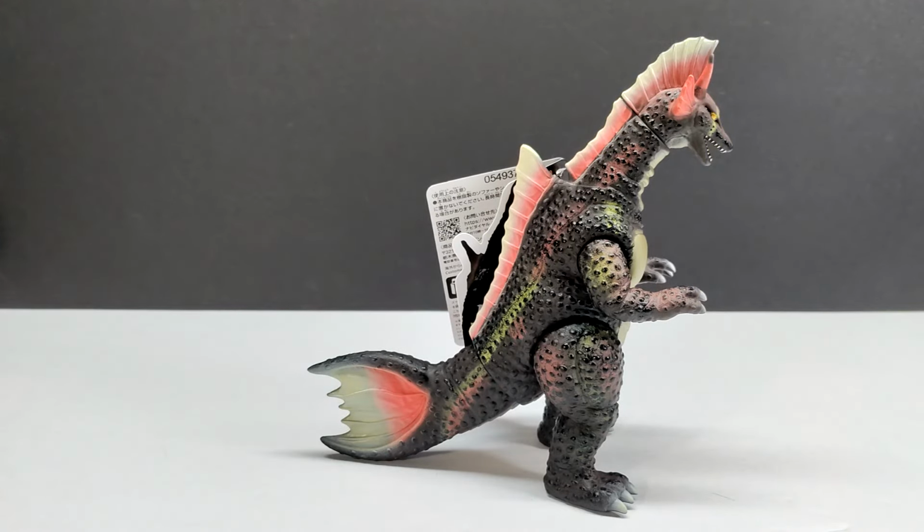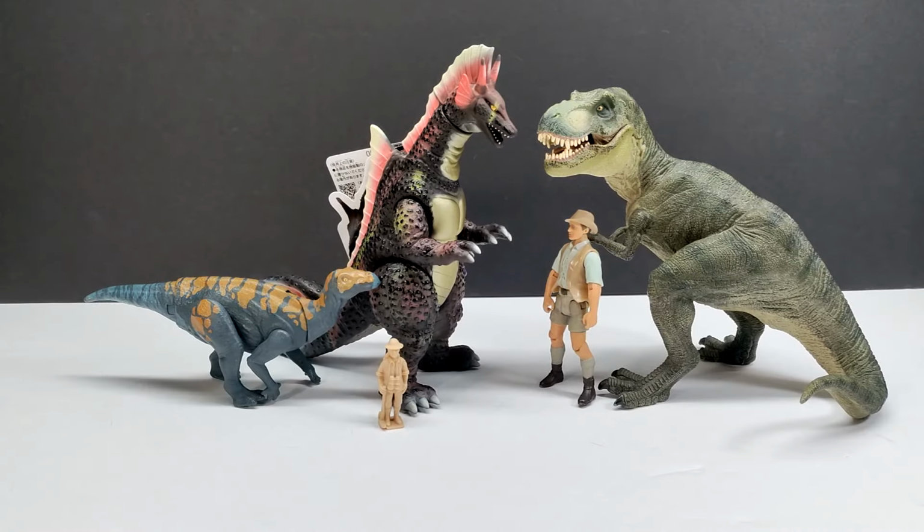For a size comparison, of course, we have our usual comparison pieces with Mr. Papo T-Rex, the Attack Pack Colovosaurus, Robert Muldoon in the Collect A Human Being, next to our Bandai Titanosaurus. But if you're a kaiju collector only, these figures aren't going to probably help you that much, though if you are a kaiju collector, you probably already have a pretty good idea as far as what this type of figure would be size range-wise, because the Bandai figures, sometimes they stray a little bit further from the usual size range,